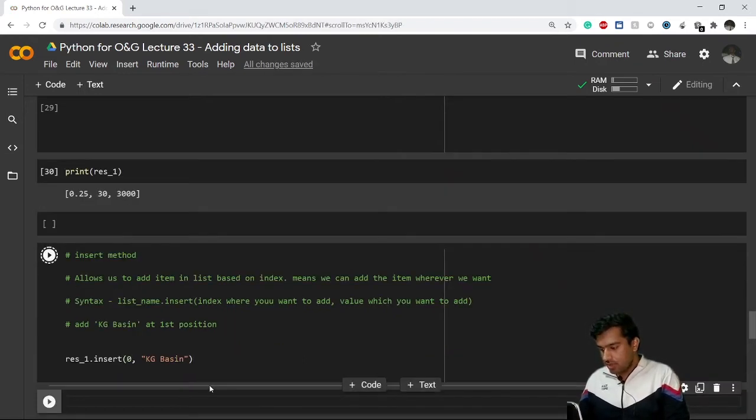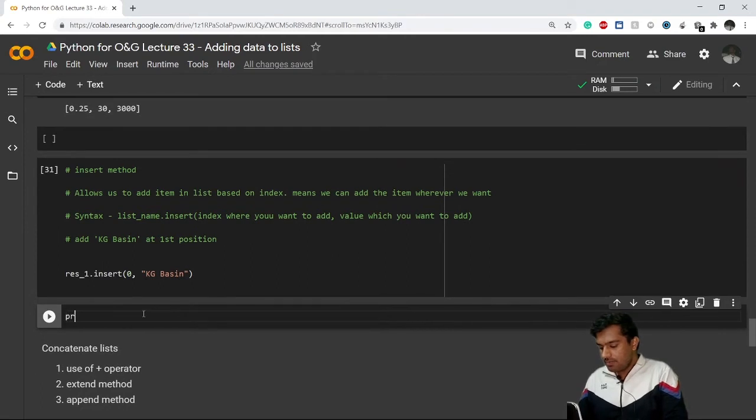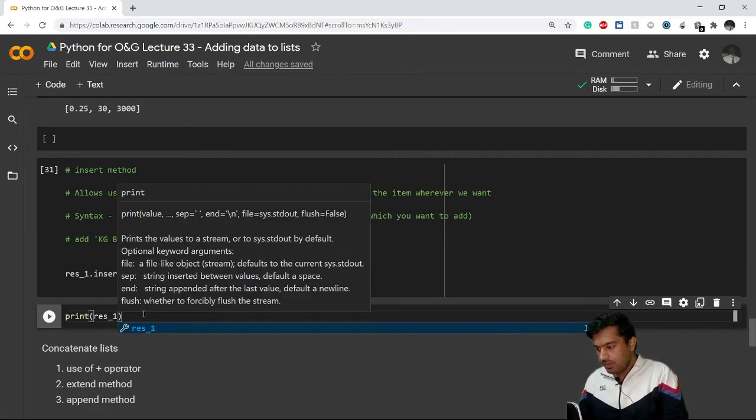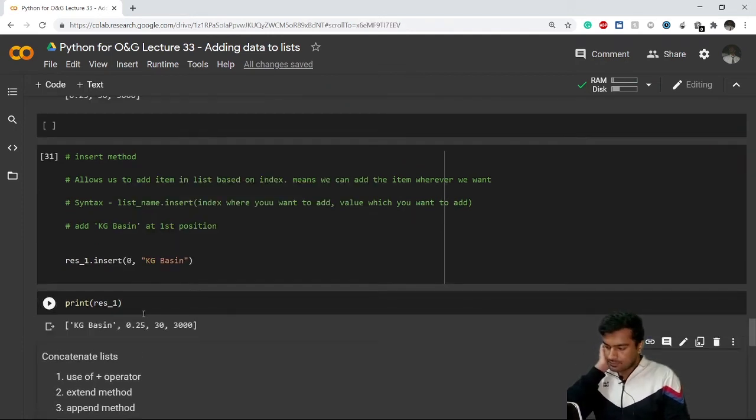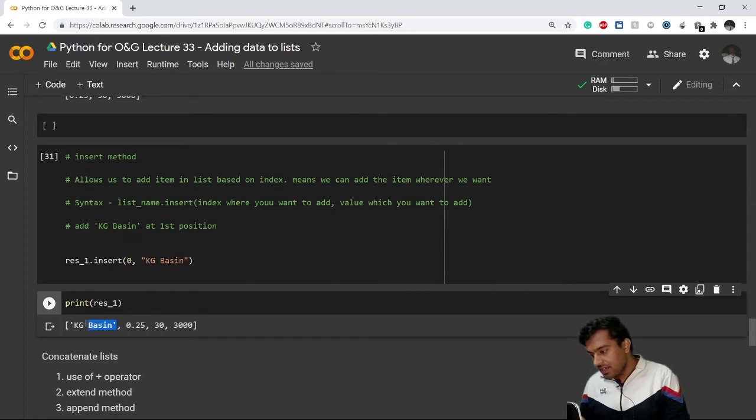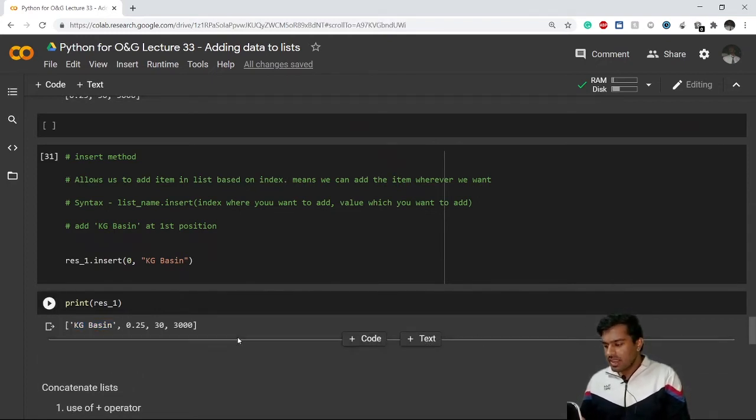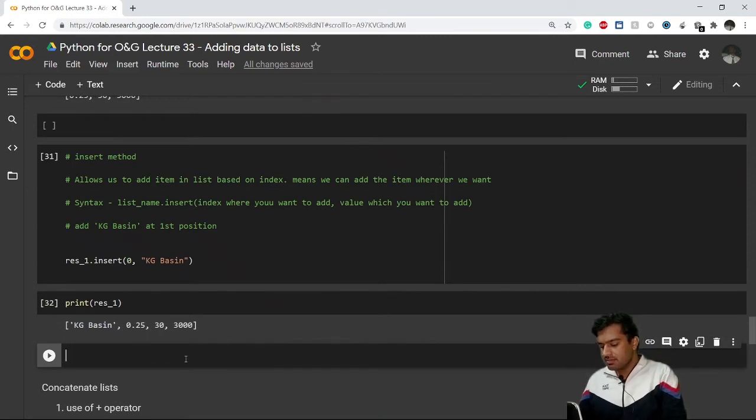Great. So I have inserted it. Now if I print my reservoir value res_1, you can see the KG Basin has been added at the first position, not at the last. Okay, for more clarification, let us take a very simple example. Let's say I have a list named A, which has the elements 1 and 2.